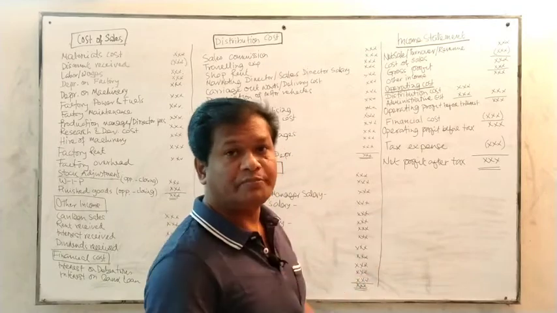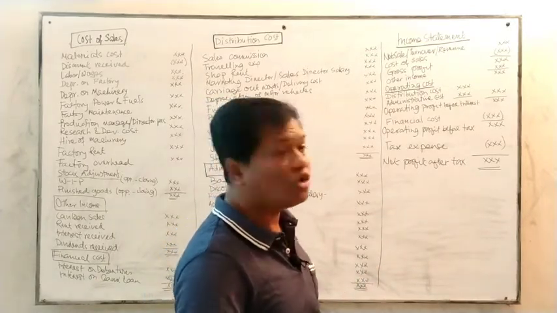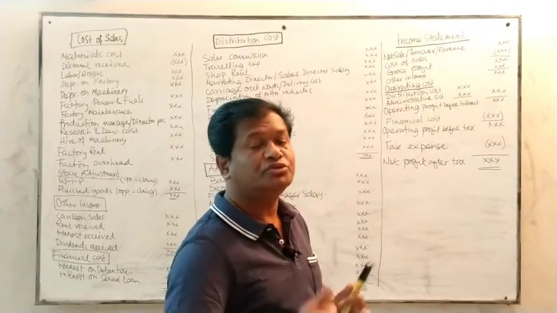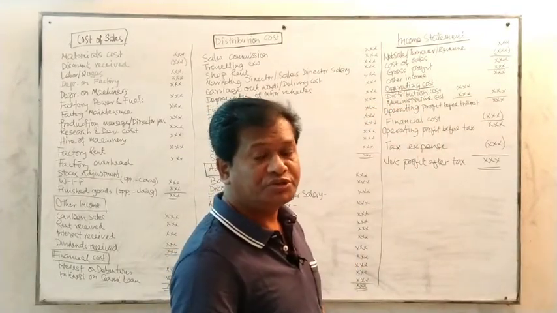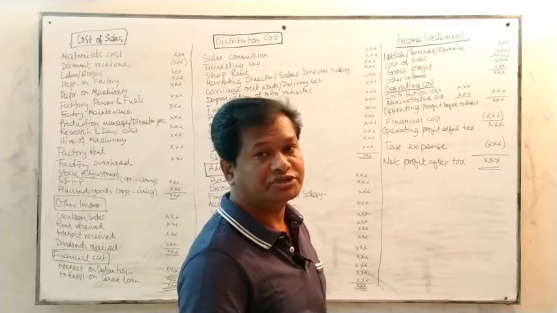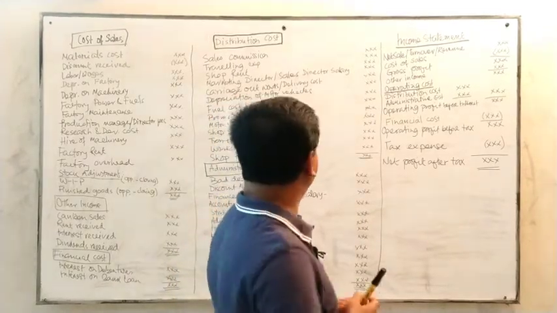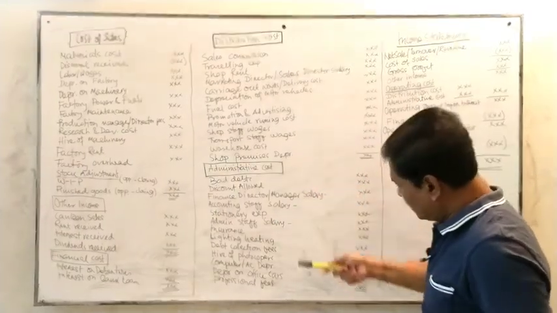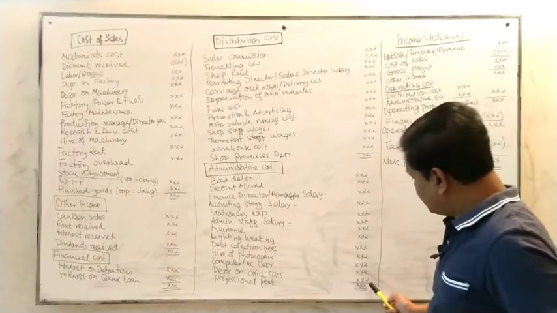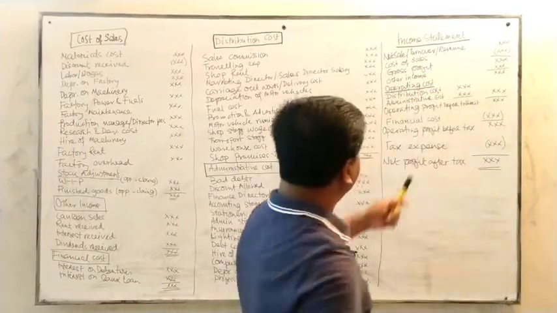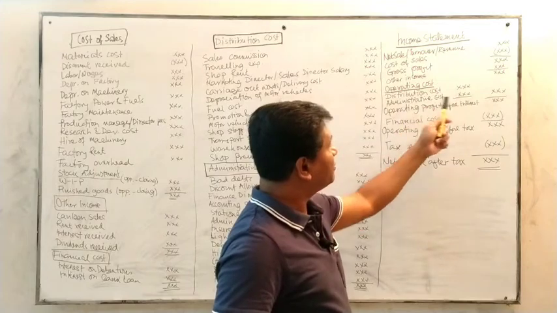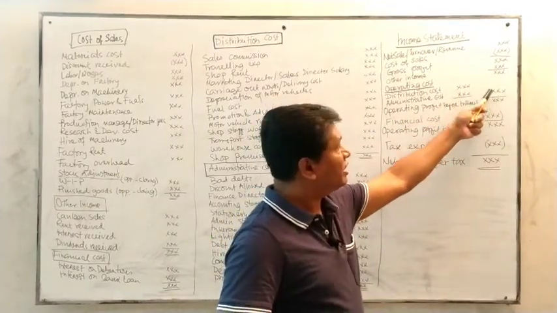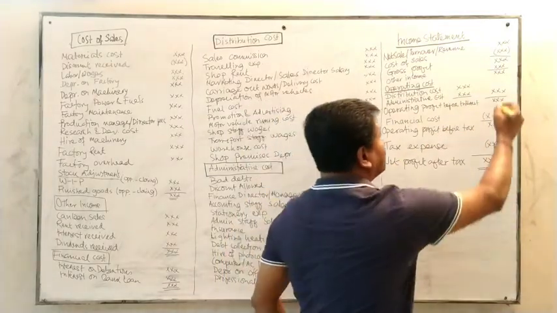Then you have to subtract the operational cost or the operating cost. Operating cost is of two types. One is the selling and distribution cost, another is the office and administrative expense, which is already calculated over here. The distribution cost total figure and the administrative cost total figure come over here. These two costs are the operating cost. That figure is to be subtracted from the total sales.